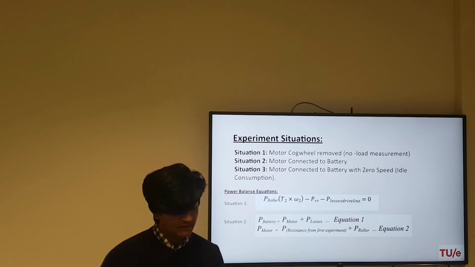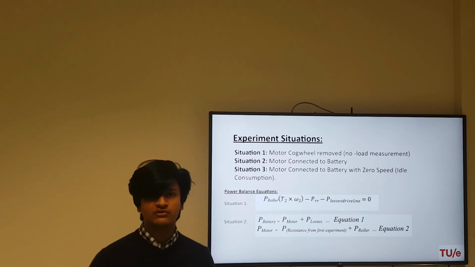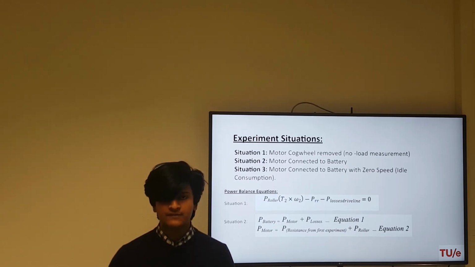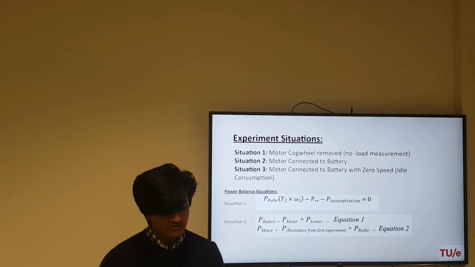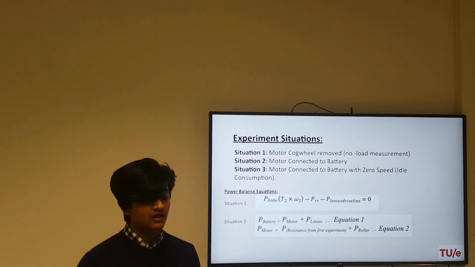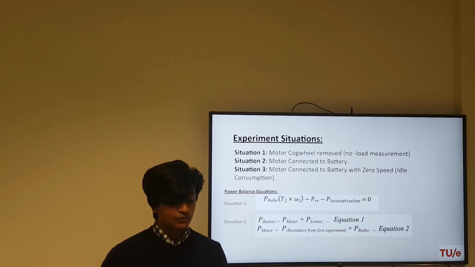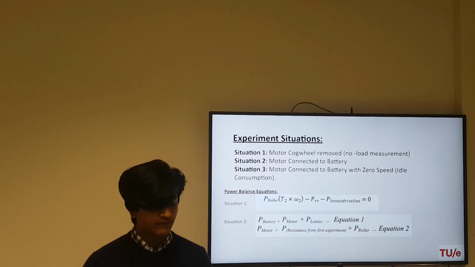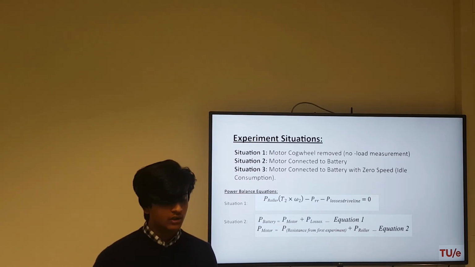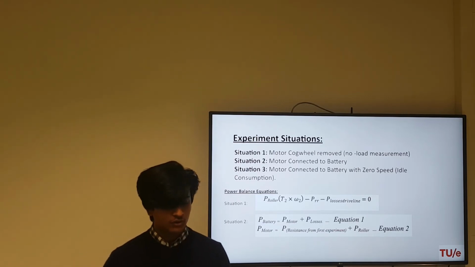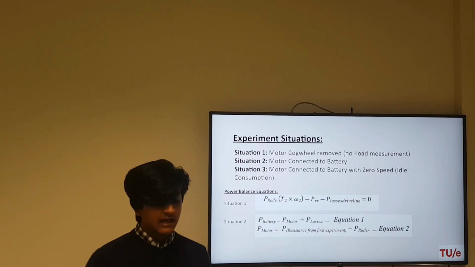But looking at the power balance equation, I would like to say that in situation 1, when there is no motor connected to the battery, the power comes from the dyno roller, goes to the wheels of the car and then goes up to the differentials and then goes out. So from this equation, what I'm trying to show is that the torque 2 and the omega 2, which is of the roller, which is used to calculate the power of the roller, the power comes from there, and PRR